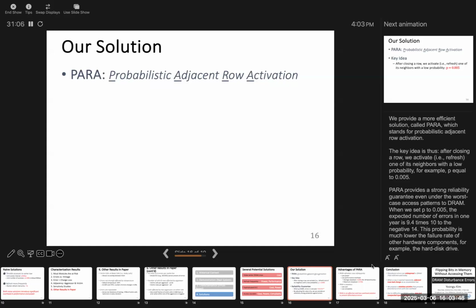So basically they say that you have a biased coin, which has, let's say, a high probability of head and low probability of tail. Let's say the probability of head is 95% and the probability of tail is 5%, or 0.05. So whenever you close a row, you toss that coin, and if it turns out to be tail, which has a maximum probability of 5%, then one of those two adjacent rows